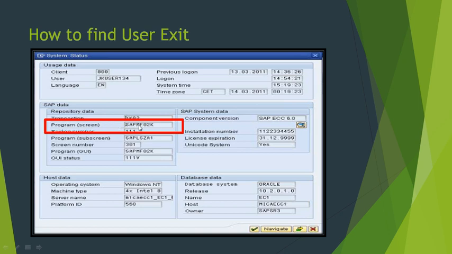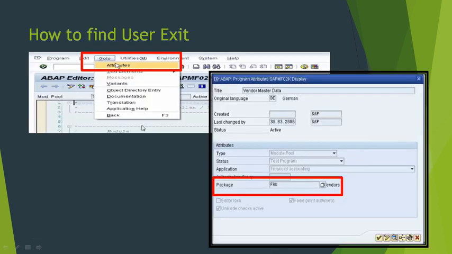Double click on this program name. As you double click on it, there will be different menus. So go to the Go To menu and click on the attribute button. After clicking on this attribute button, you will find the package name.